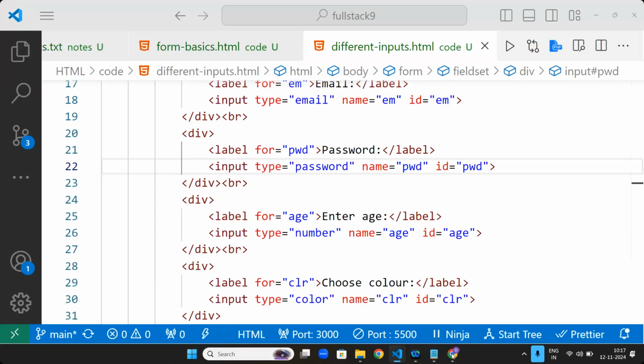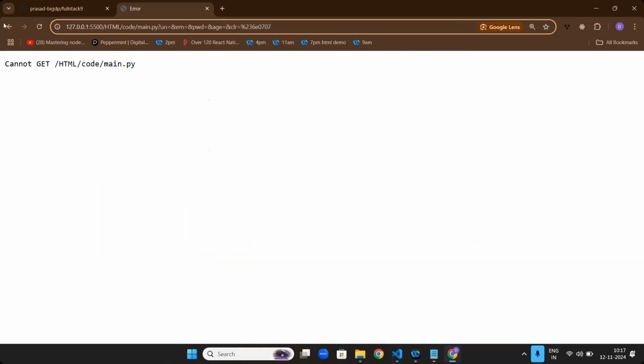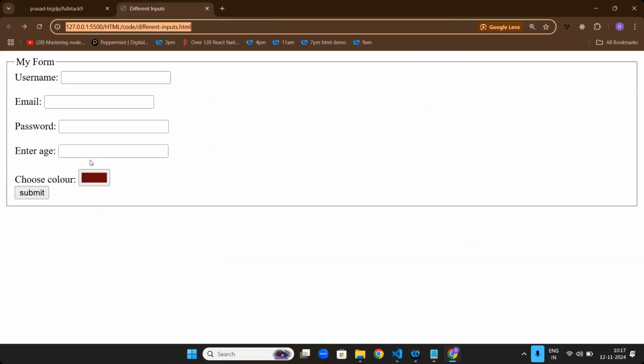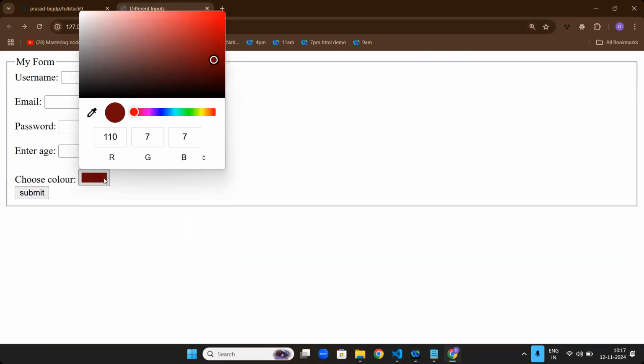Where can we use this color input, where you choose color? What? Tell me.